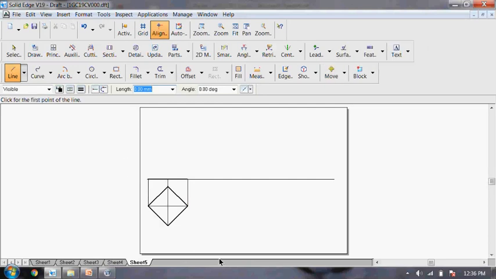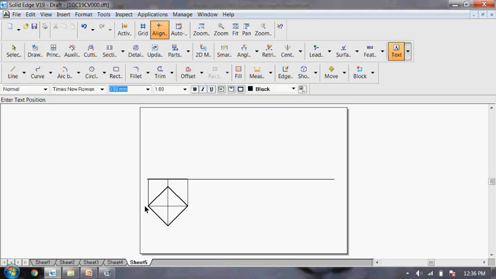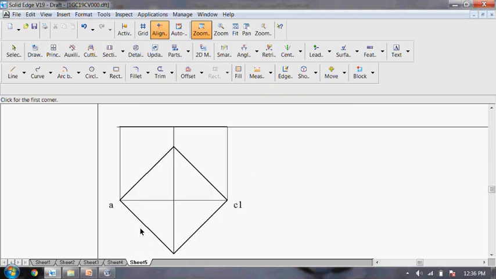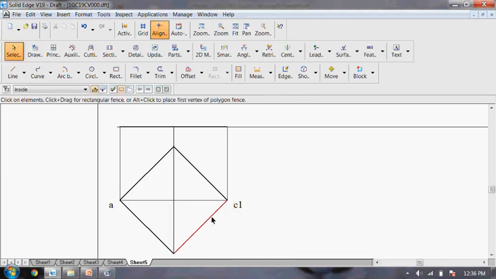So then the next step, the inclination of the square lamina with reference to the diagonal line AC. So we'll just label the diagonal line AC. Let me label this with A and C1, AC1. Let me zoom this particular part. So let me label this first diagonal as AC1.